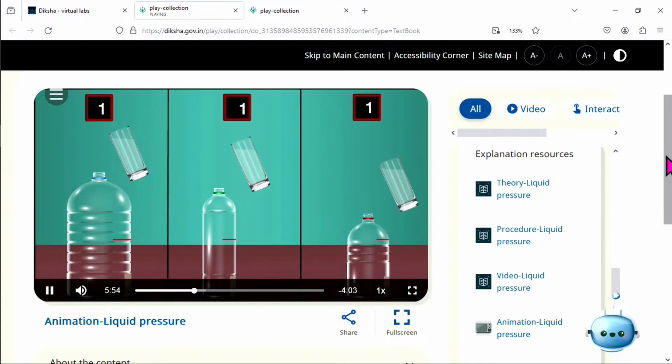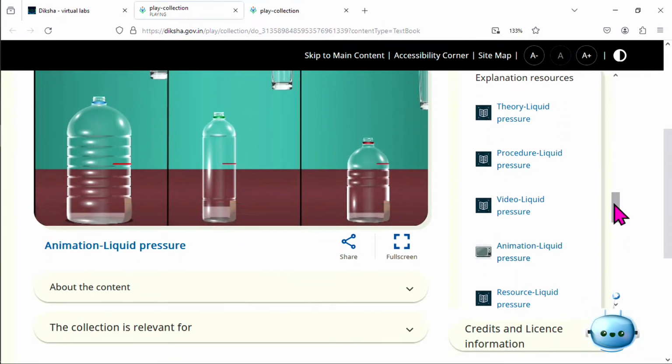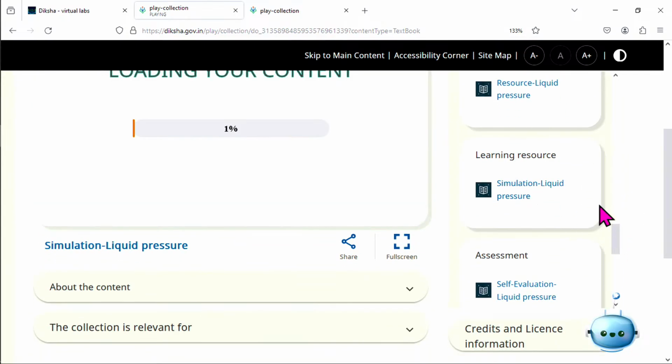Then you can perform the simulation. So, when we perform the simulation,